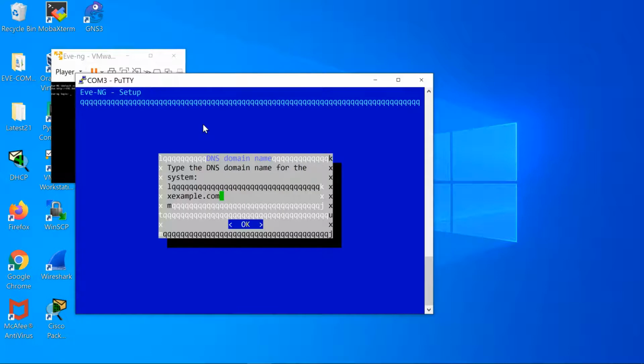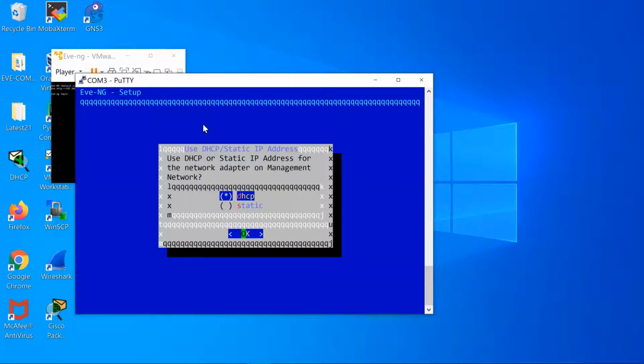And domain name also I'll leave as default. Now DHCP or a static IP address. I'll go with static one. So I'll use my down arrow to select static and press the space bar to select, then click OK.